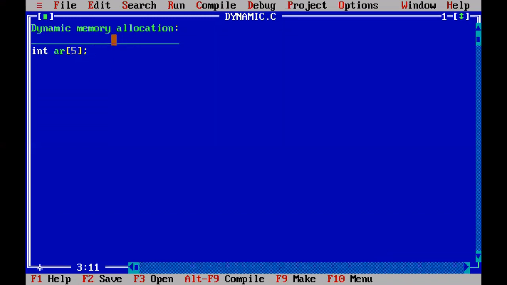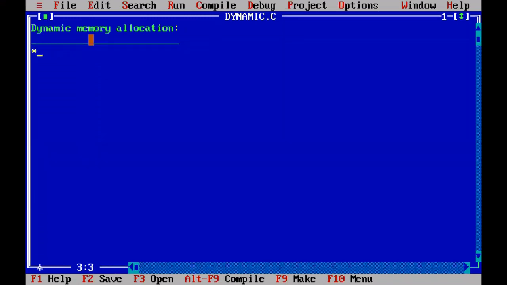By using this concept, we can allocate the memory in a dynamic way. That means whenever the program is running, according to your requirement, you can allocate the memory for the elements on the spot. If you are going to give 5 elements, memory is allocated only for 5 elements. If you give 3 elements, memory is allocated only for 3 elements. If it is 10 elements, memory is allocated for 10 elements. According to your requirement, the size is fixed dynamically when the program is executing, instead of in a static manner.